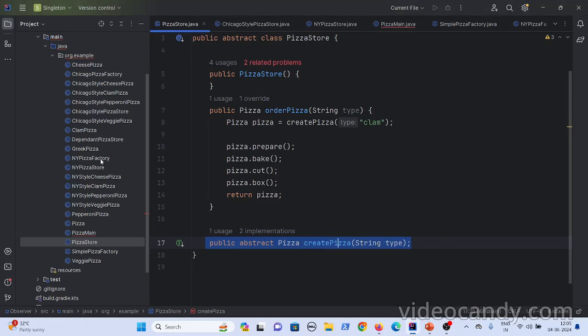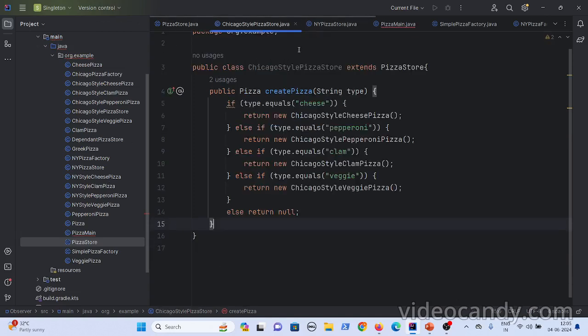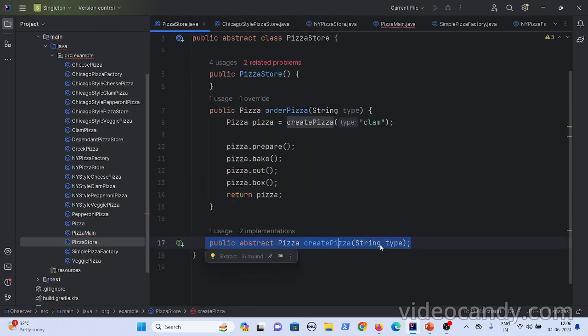So in a few cases, if you consider the Chicago style, maybe initially they start only veg pizzas, or everywhere, maybe according to the government regulations, they want to ban a few varieties of pizzas. Let's say they want to ban cheese pizza, clam pizza, everything, and they want only veg pizzas to get delivered to the customers. Then you don't need this parameter, right? And then in the New York style pizza store, you can just instantiate Chicago style veg pizza. So it can be parameterized or not parameterized. It's not a mandatory condition.